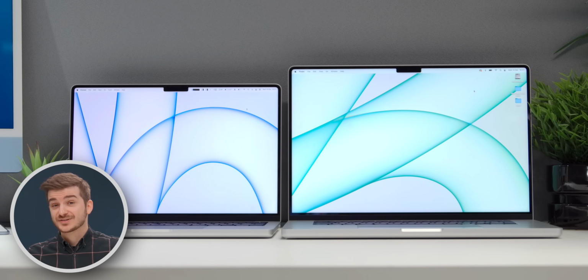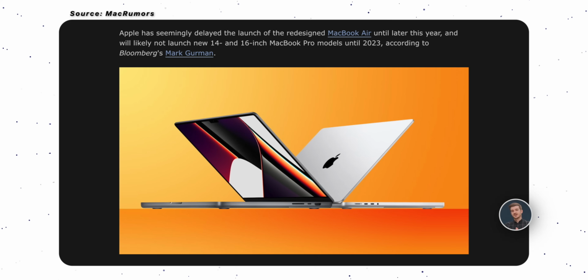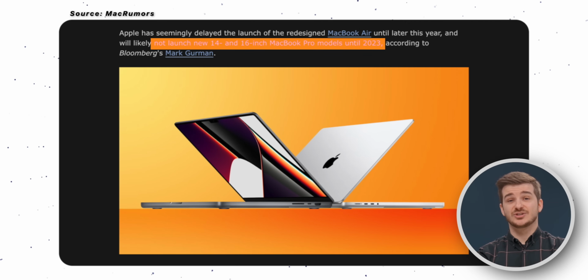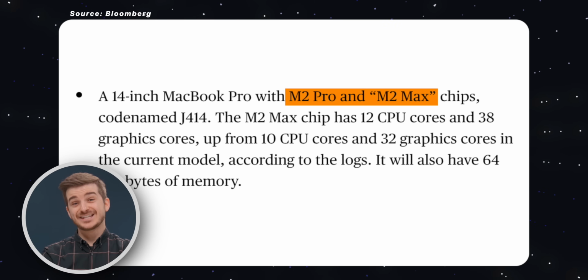The 5th new Mac is said to be an updated 14-inch MacBook Pro. Now, this is an interesting one because for a while now we've heard rumors that Apple was not going to update the 14 and 16-inch models in 2022. Instead, they would only be doing that in 2023. But this might not be the case, as according to Mark Gurman, Apple is already testing the new M2 Pro and M2 Max chips. Mark hasn't specifically given us any specs for the M2 Pro, but he did say that